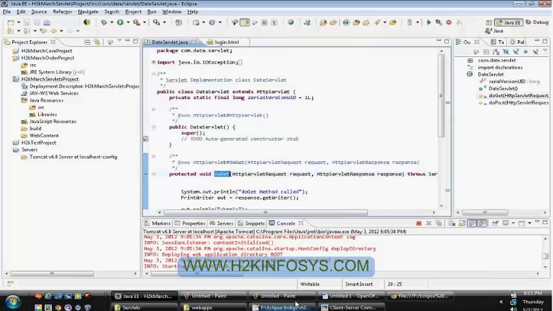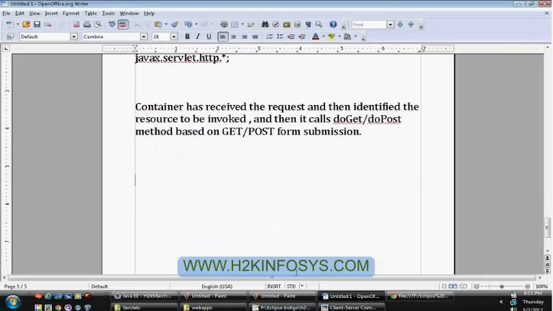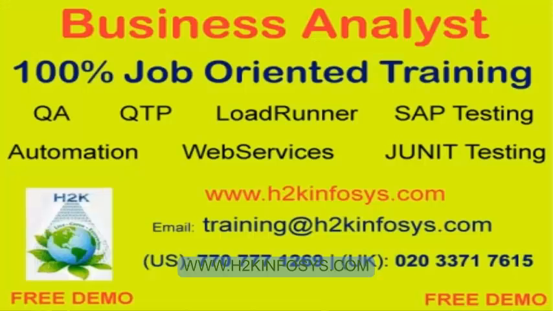Everything will be based on a configuration file, which is called the deployment descriptor file, in short the DD file. The deployment descriptor file, the actual representation is the web.xml file,